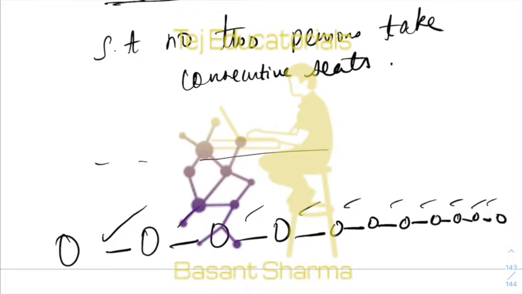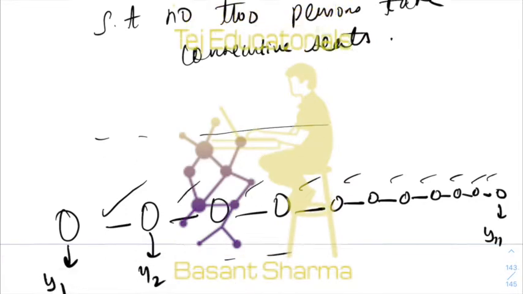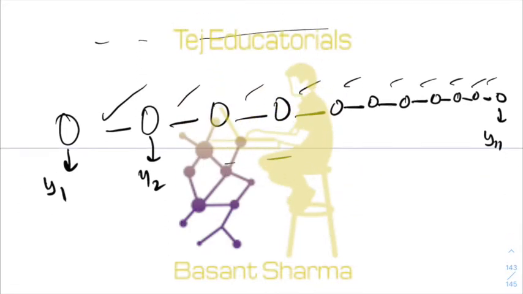14. So let's say y1 is the number of seats here, y2 is the number of seats here, and so on till y11 is the number of seats here. So basically what we have to do is distribute 14 identical seats in the 11 gaps, which are y1, y2, ..., y11. So you want y1 plus y2 so on till y11 equal to 14.